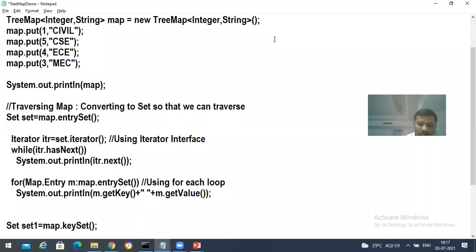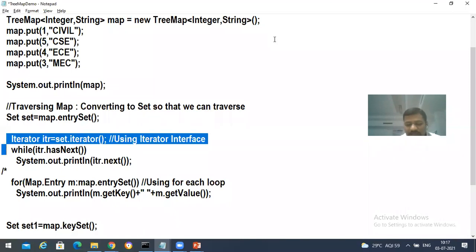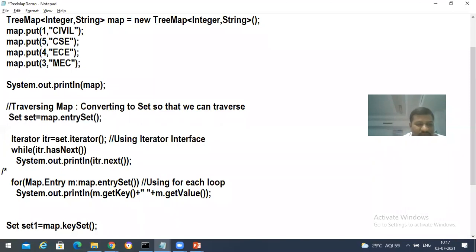Okay. Now it's not possible to create an iterator object on this map. So for that, I'm creating a Set object: Set set equals map.entrySet().